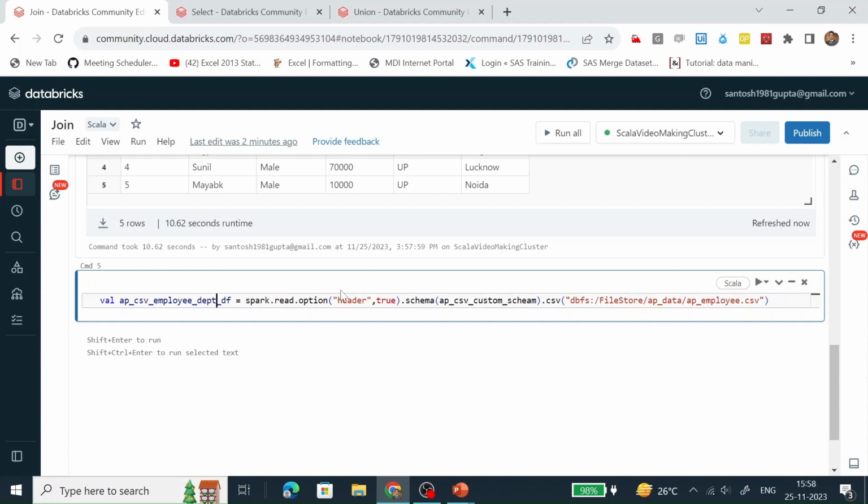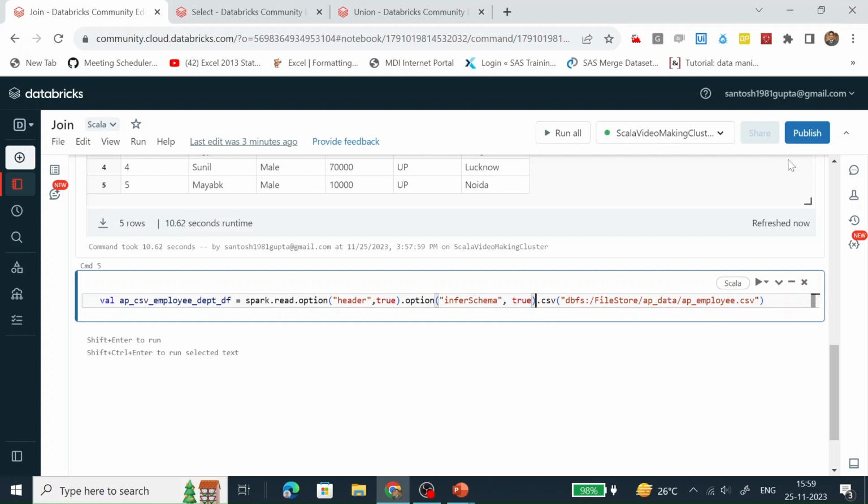And here the header option is equal to true. We are not defining any schema, but we are saying the option is infer schema, and infer schema is true.